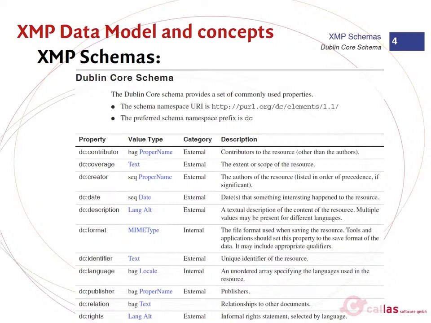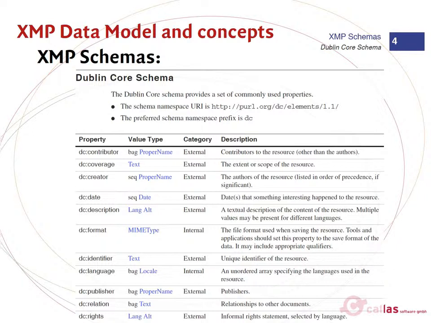That's again from the XMP specification, and as you can see, it first defines the namespace URI. It says this namespace URI has a preferred namespace prefix, that's DC. And it has a list of properties that are defined. And we have the property name in the first column. We have a value type in the second column